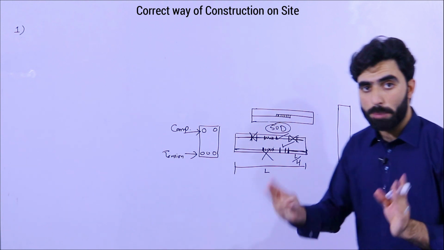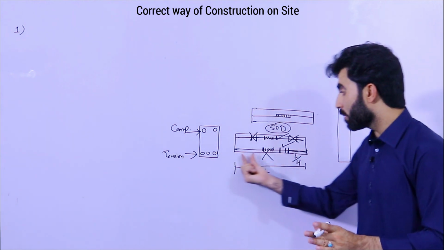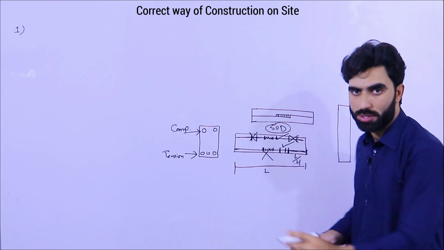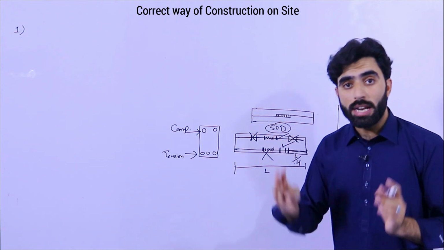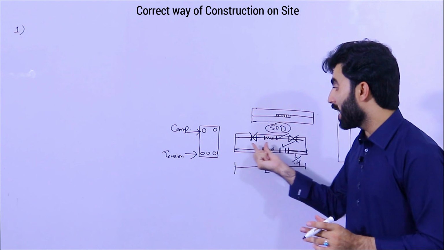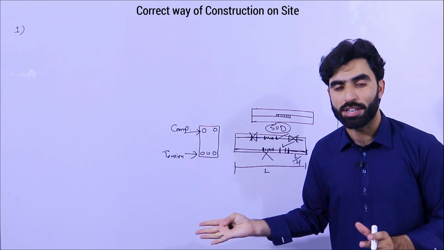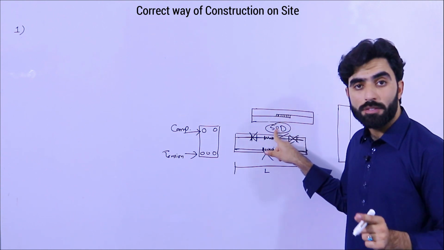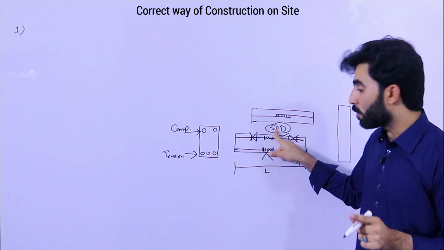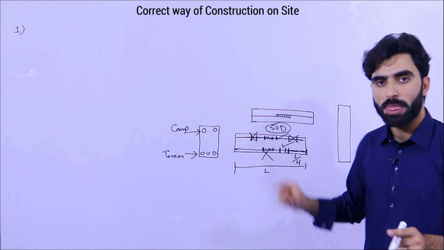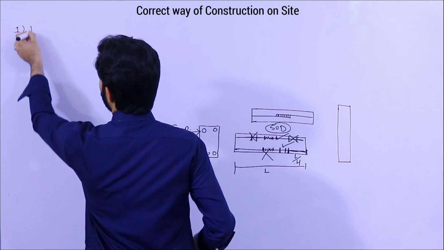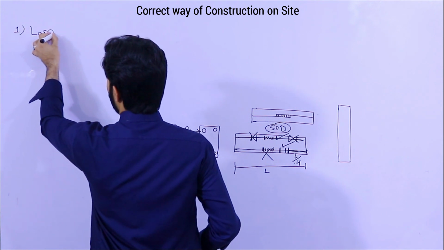In the tension zone, the lapping should not be provided at the end of the support or at the mid, but it should be provided after L/4 distance. But at the top, the lapping should be provided at the mid, but not after L/4 or at the end of the support. So this is very important. But the development length, the lapping length, should be not less than 50D, where D is the diameter of the steel rod. So this is the first point, lapping.